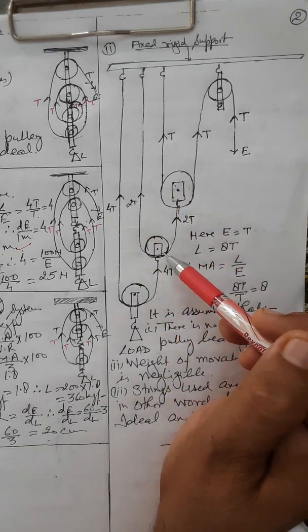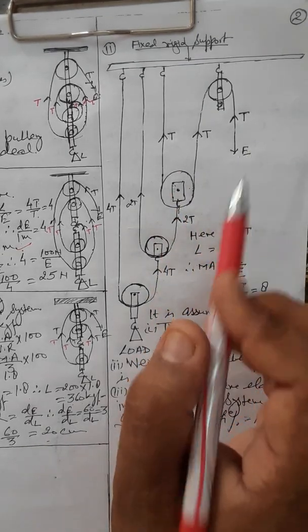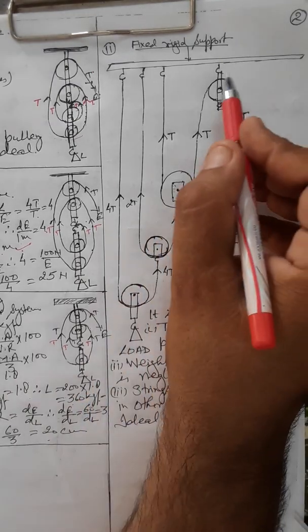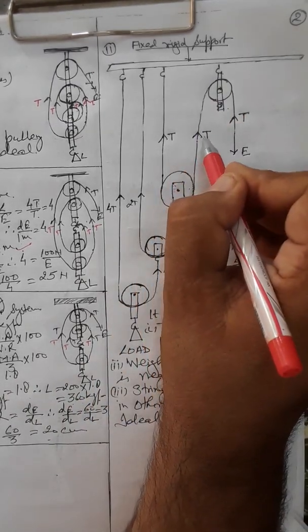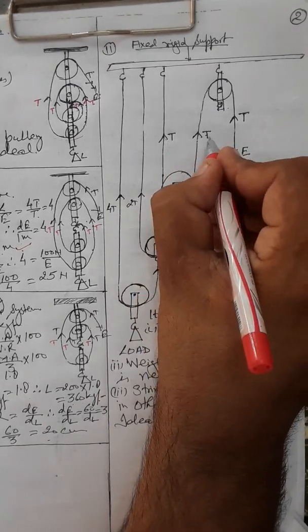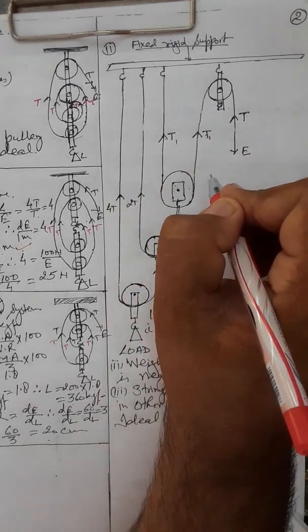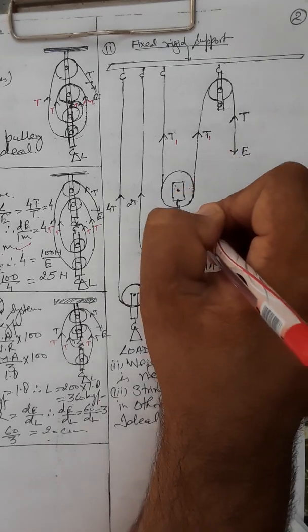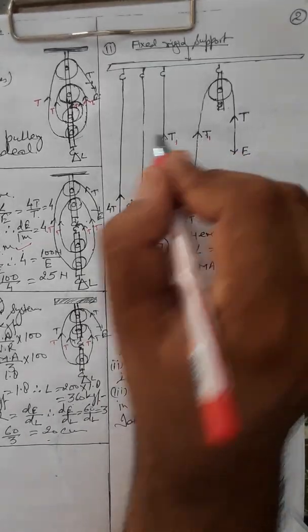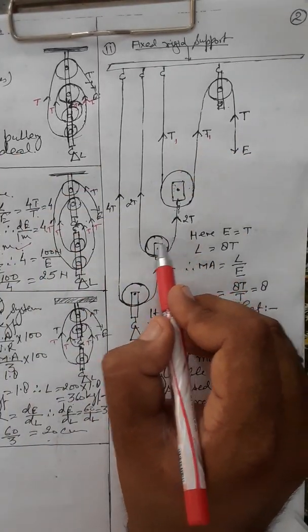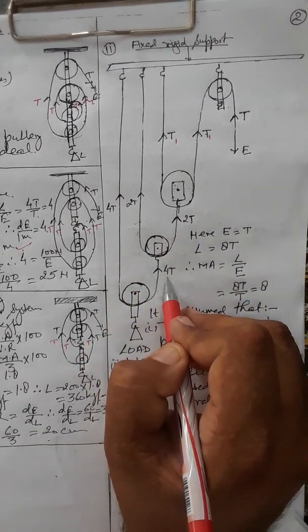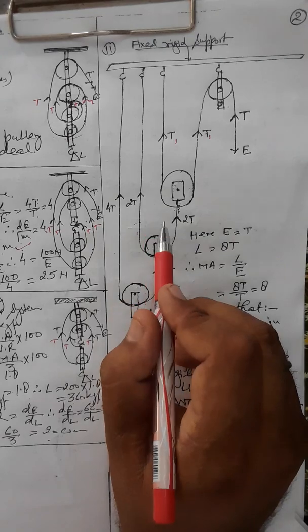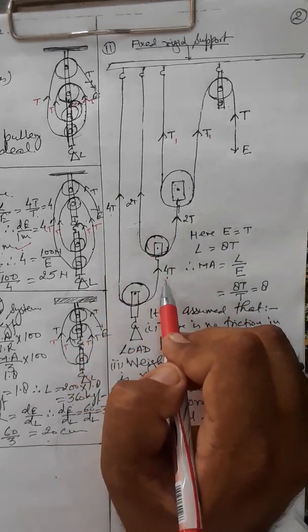So this is another system, which has only 1 fixed and 3 movable pulleys. You make this for practice. Here, if we start with the load, and this is the fixed pulley, the tension is only 1T and 1T. The 2T is divided into 1T and 1T. Here the load is double, twice the tension. Here it comes as 4T. So when we divide it, it comes 4T and 4T.